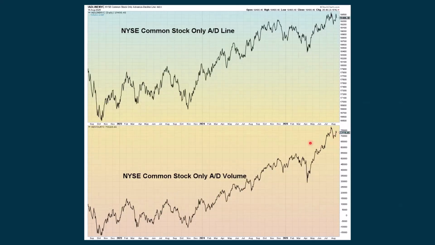Then we break it out just based on common stock, but we're seeing a negative divergence. We have not made a new all-time high based on price here with the common stock on the NYSE, nor have we made that with volume. So we're seeing it in the bigger picture advanced decline line, but we're not seeing it just on common stock. And common, that's what we own. Those are generally the shares that you buy through your broker. So we would like this to confirm each other, and we're a little bit concerned about this